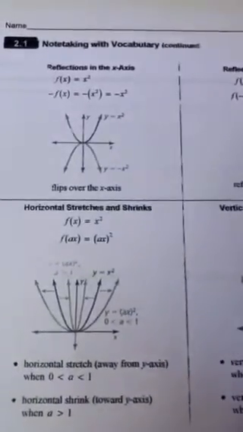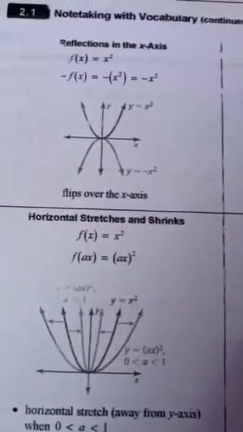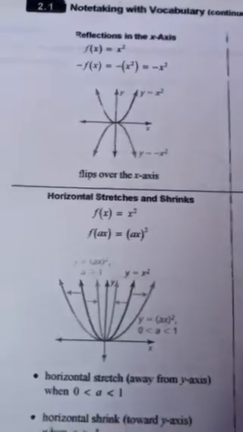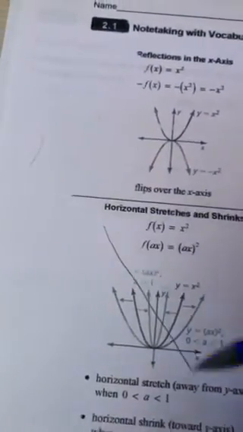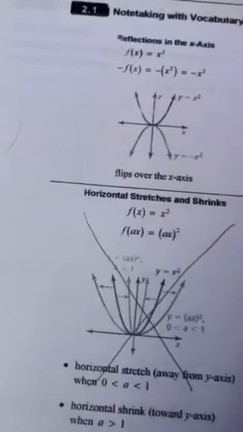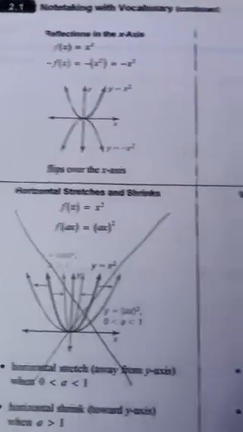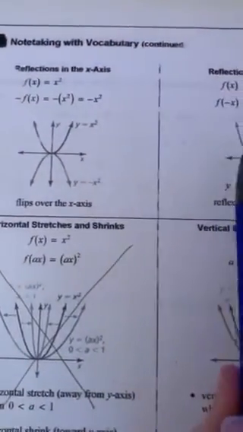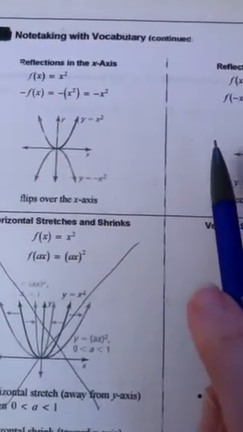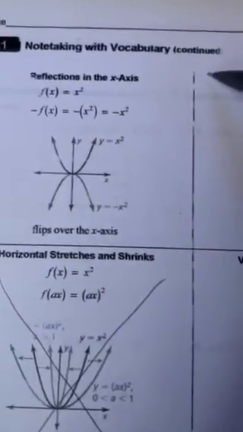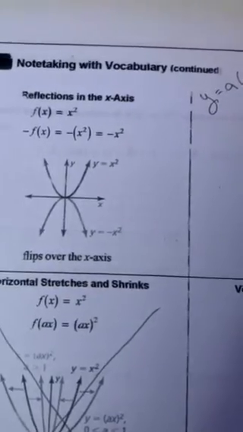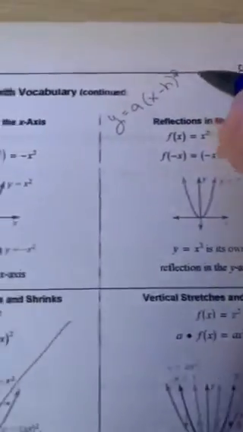This is from your student journal, page 27. So in this section of 2-2, the first thing I want you to do is cross off this horizontal stretch and shrinks. So we're going to be looking at vertical stretch and shrinks and their reflections. So all of these involve A, or in vertex form, A is the number or the coefficient in the very